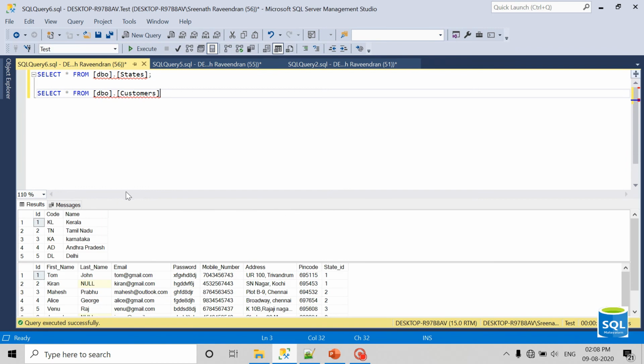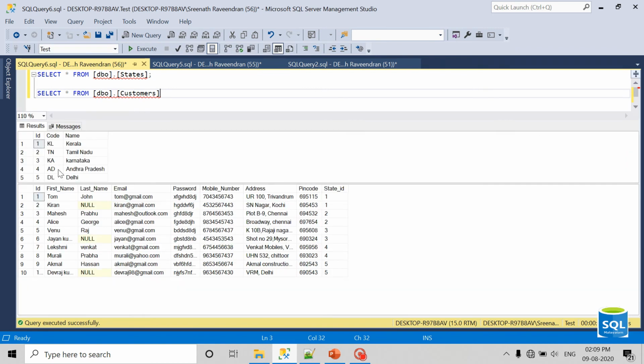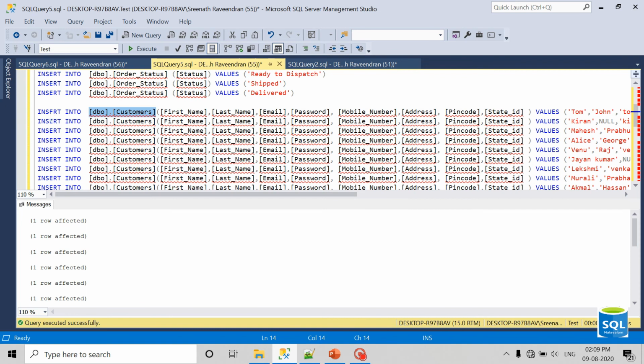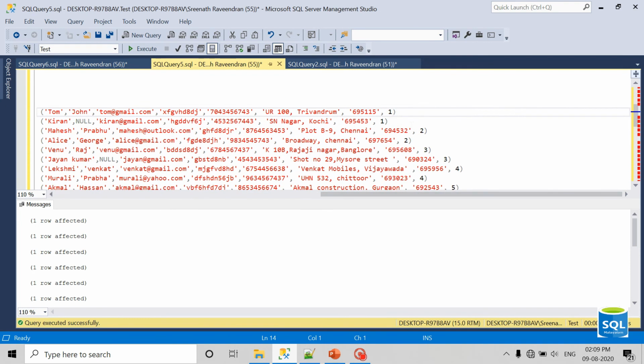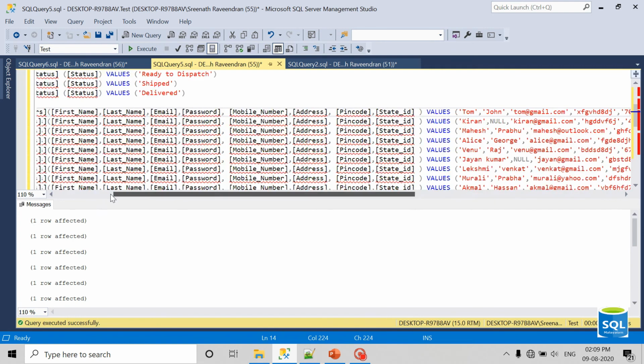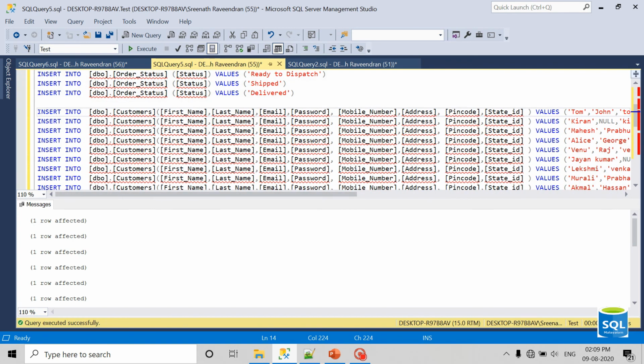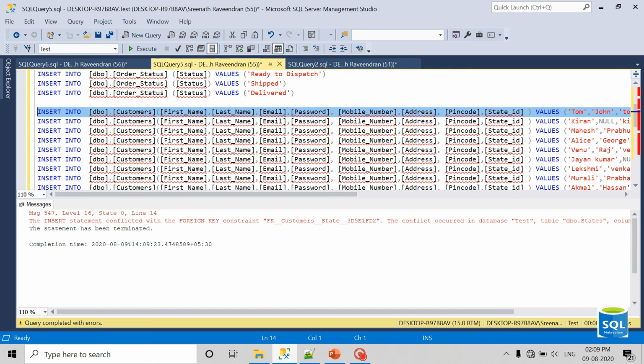You can see we have 5 states, and here the state IDs are within the 5 range. Let's say I'm just inserting another record with state 10, or let's say 8. If I try to insert this record, let's see how it goes. Yeah, it